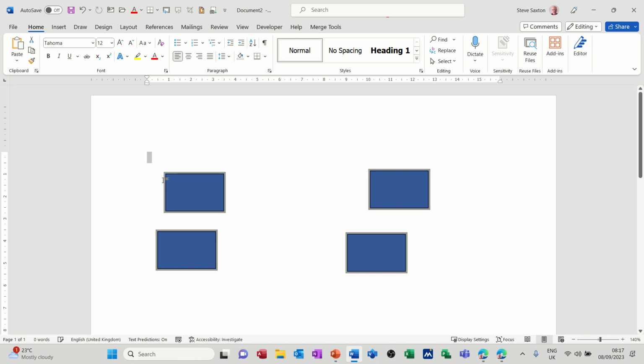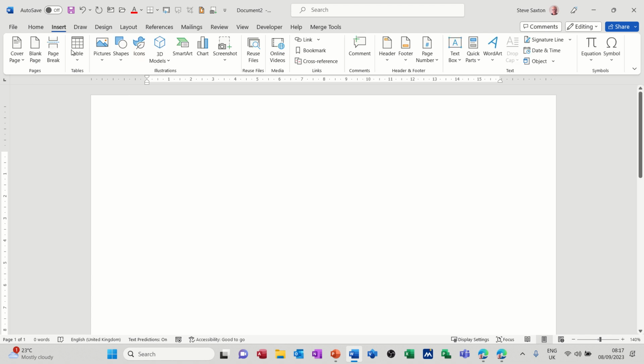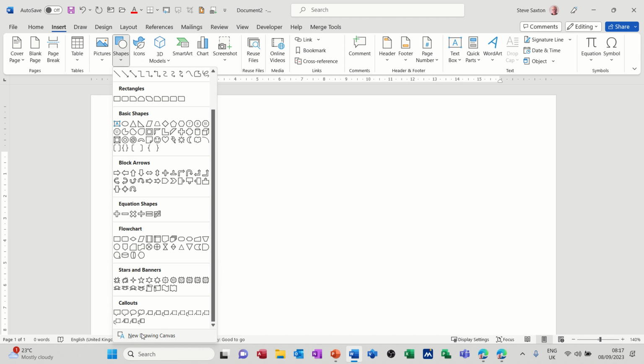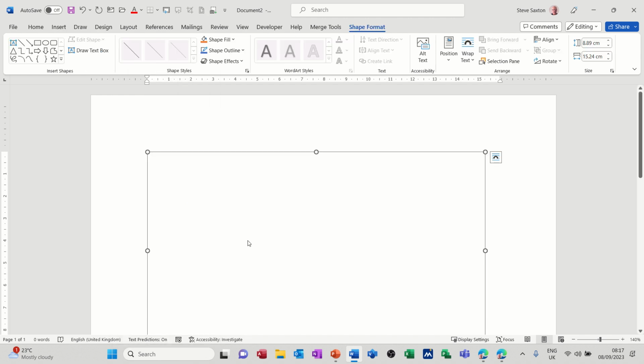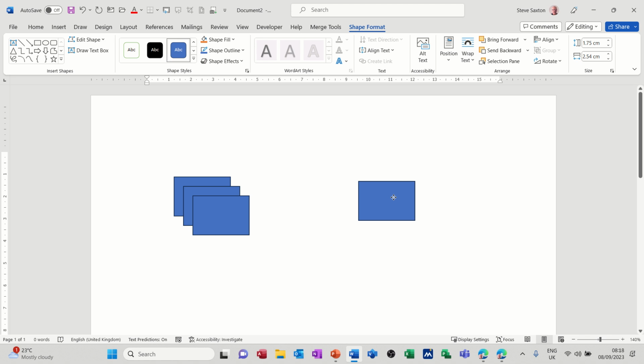I'll just Control A all of that, delete. Now insert still shapes. Down the bottom of the shapes, right down the bottom of the shapes, you have got this feature, new drawing canvas. If I click on that, you get this square, which doesn't look too impressive, but when you draw shapes now, so I'll do the same thing, do Control D, move them across into where I want them to be,